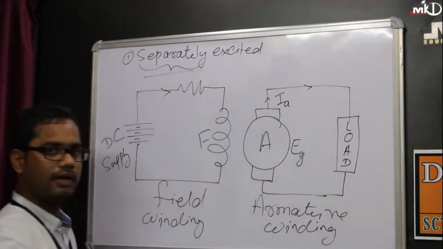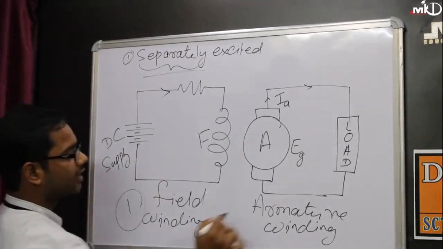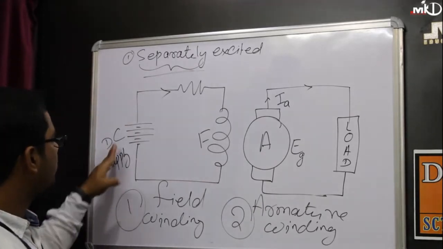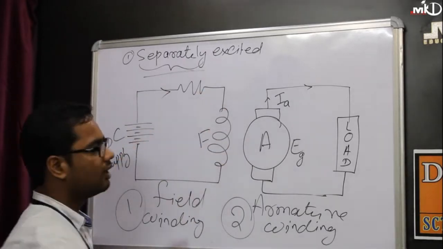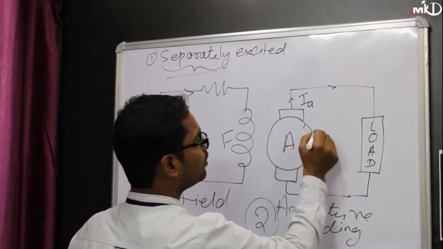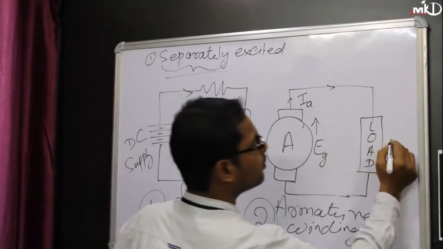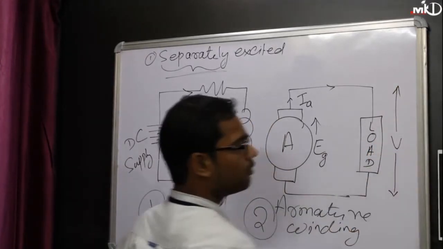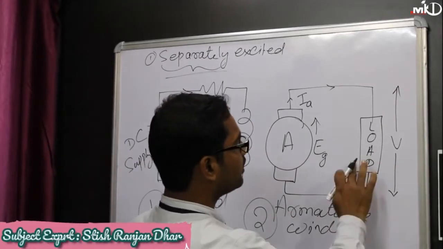You have to remember that you have two windings in your machine: one is field, the second is armature. You have to give the supply to your field, and your field produces magnetic flux, and with the rotation of your armature, the armature will produce voltage. And you can also find a voltage here. This is called your terminal voltage, somewhere Vt also mentioned, or simply V or Vt, whichever you choose.